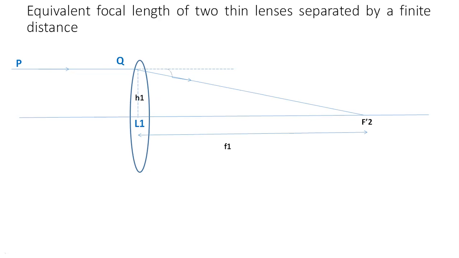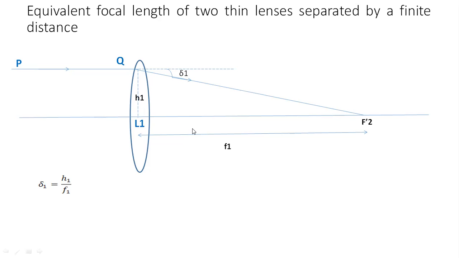So the light ray PQ produces the deviation delta 1. So the deviation produced by the lens L1 is delta 1. Now to write the expression for delta 1, the deviation produced by the lens L1, it is given by delta 1 is equal to